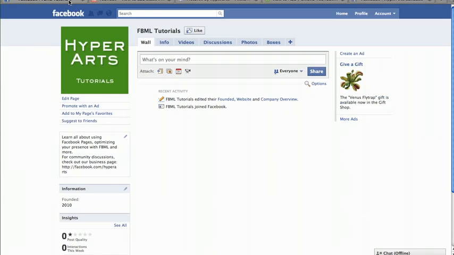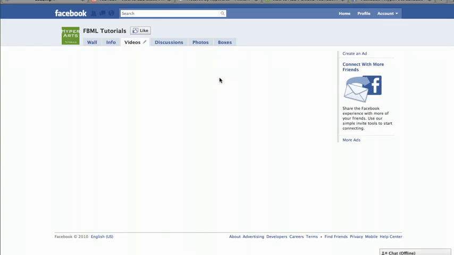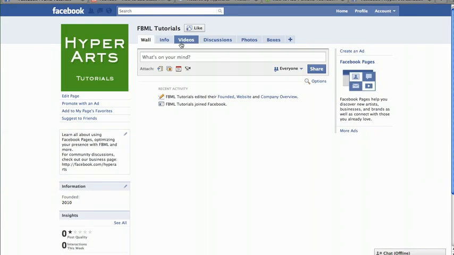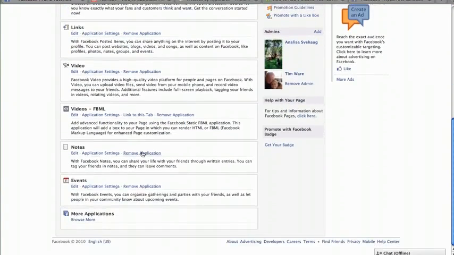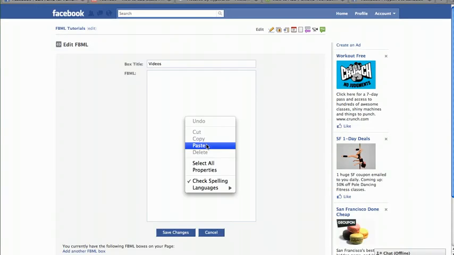and I'm going to go to my FBML page. I'm going to embed the video right here in this empty FBML tab. If you haven't already added FBML to your page, you can find out how to do that on our YouTube channel, which is actually the video that I'm going to embed right now, is how to add FBML to your Facebook page. So find your FBML application, click Edit, paste in your code,